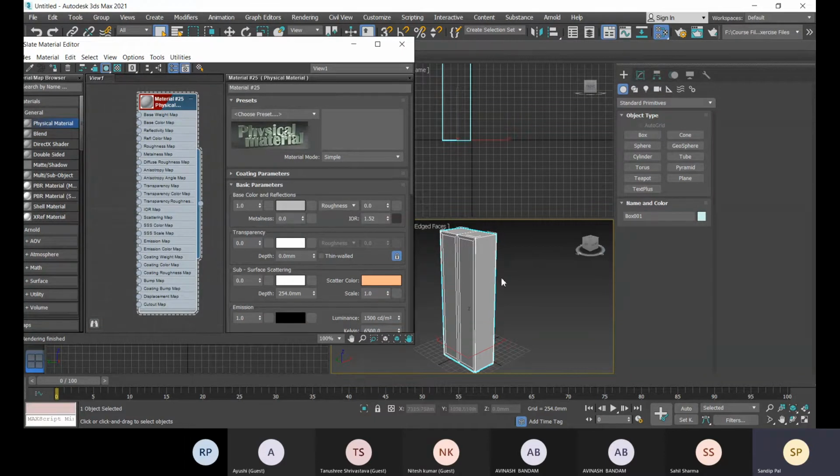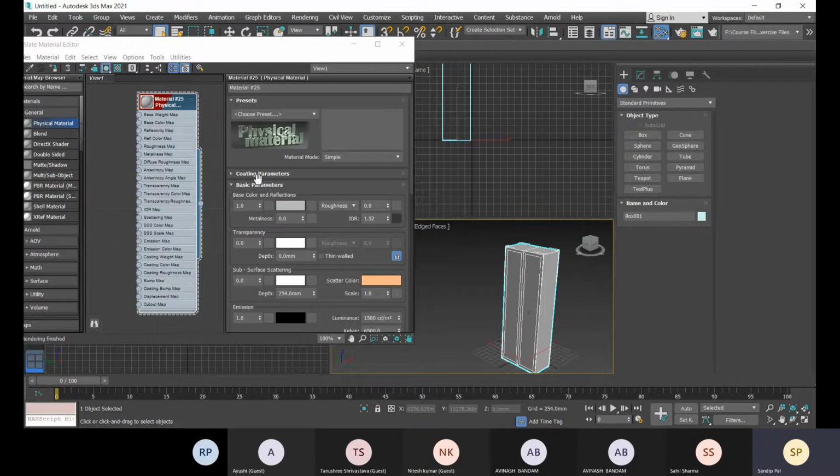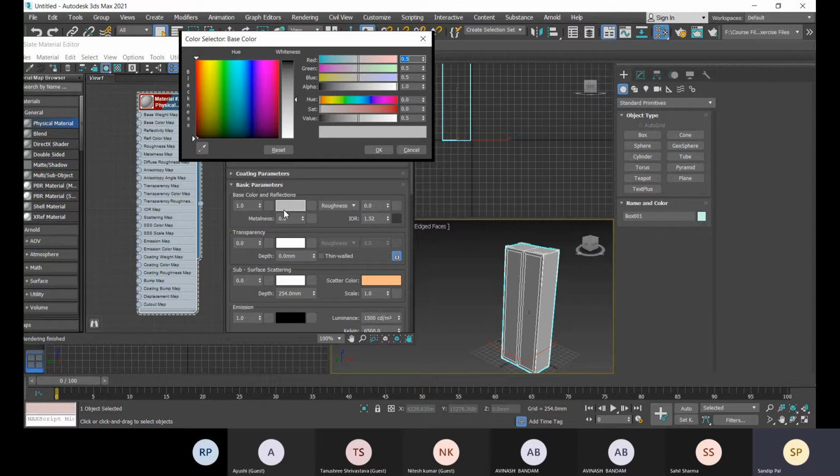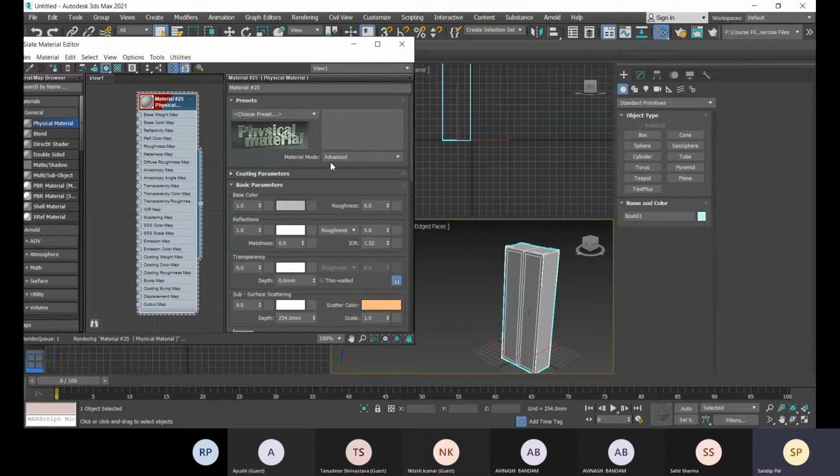So let's change the material and see how we can control it with parameters. We have the color option, and from this you can change the color. Now this material mode has two different options, simple and advanced.